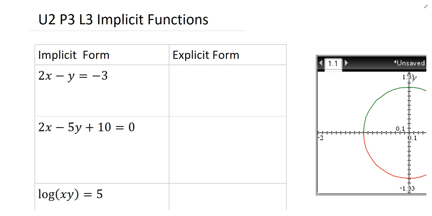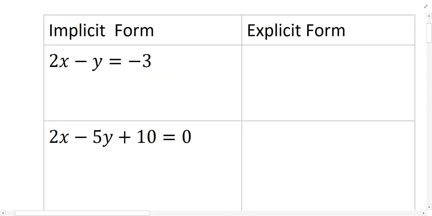In this video, I want to talk a little bit about implicit functions and then implicit differentiation. This is lesson 3 for part 3 of unit 2 in calculus. So when we write functions where a single variable is not identified, we call this the implicit form of a